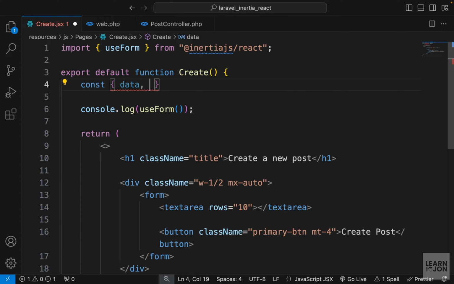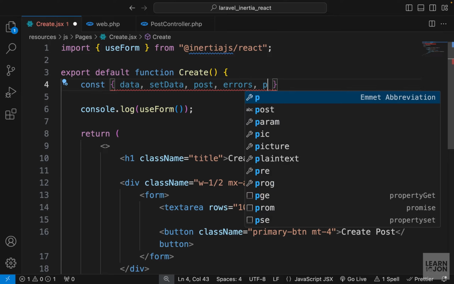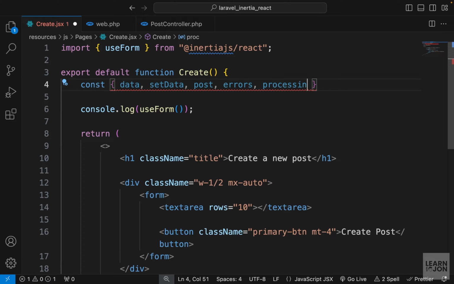So we need the data, then we need the set data, then we are going to make a post request. So we need the post function, then I'm going to grab the errors as well. And at the end, we will get the processing property. So we're going to use all of this in our form, and now we want to set this to use